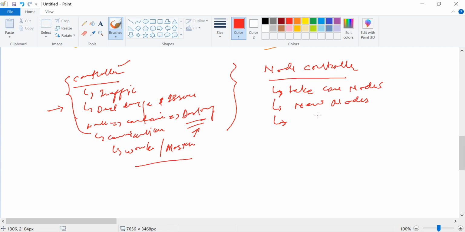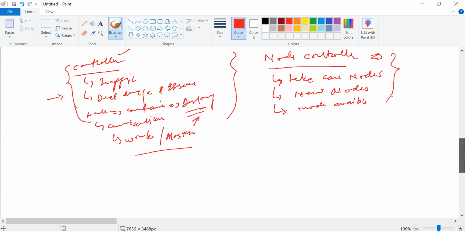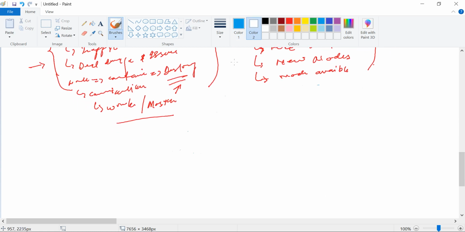It also handles the situation when a node is unavailable. If your node is down or not available, the node controller handles this situation as well. So these are the three main parts of the node controller.